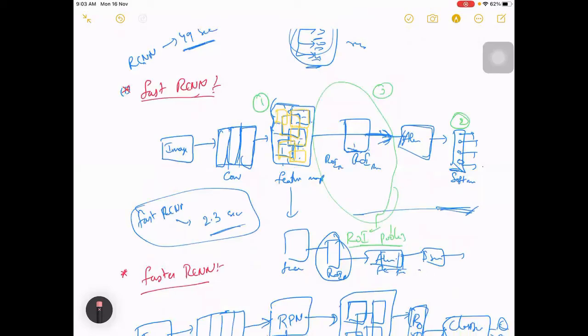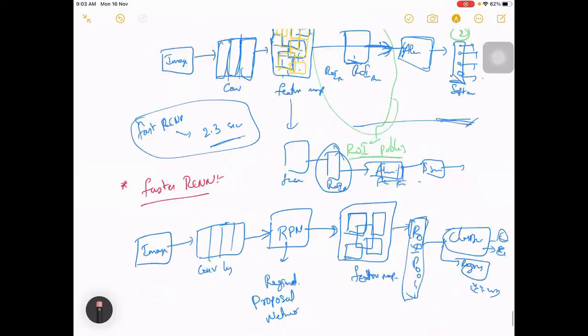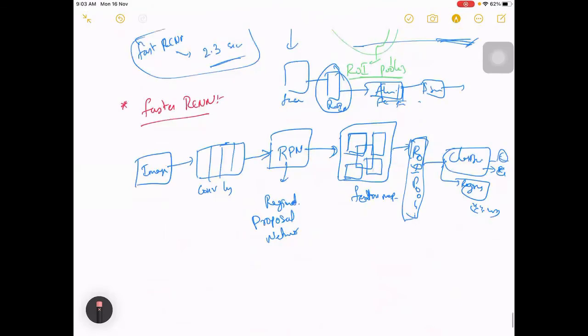Apart from that, this also improves the accuracy by quite a large extent, because instead of depending on some outside algorithm like selective search for proposals, you use your own network to do the proposals. That is one more reason why your accuracy has increased to quite a large extent.